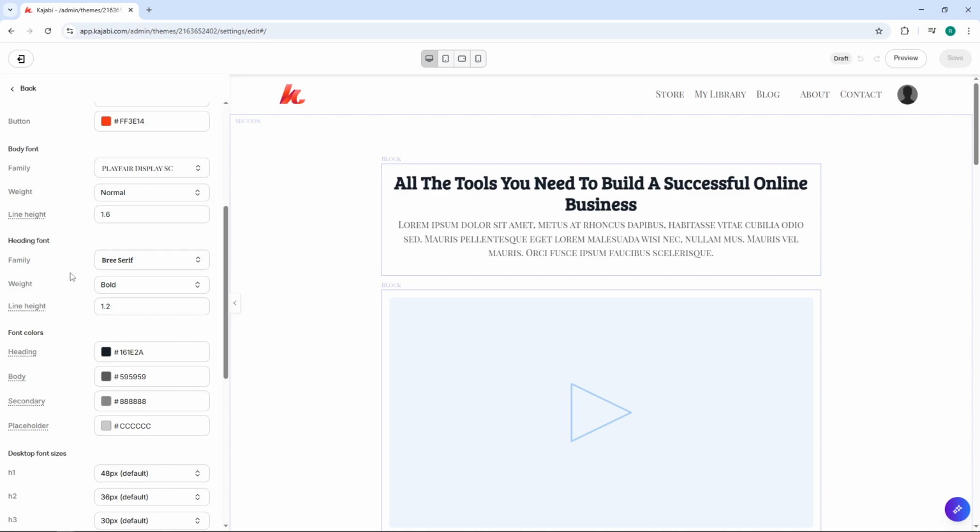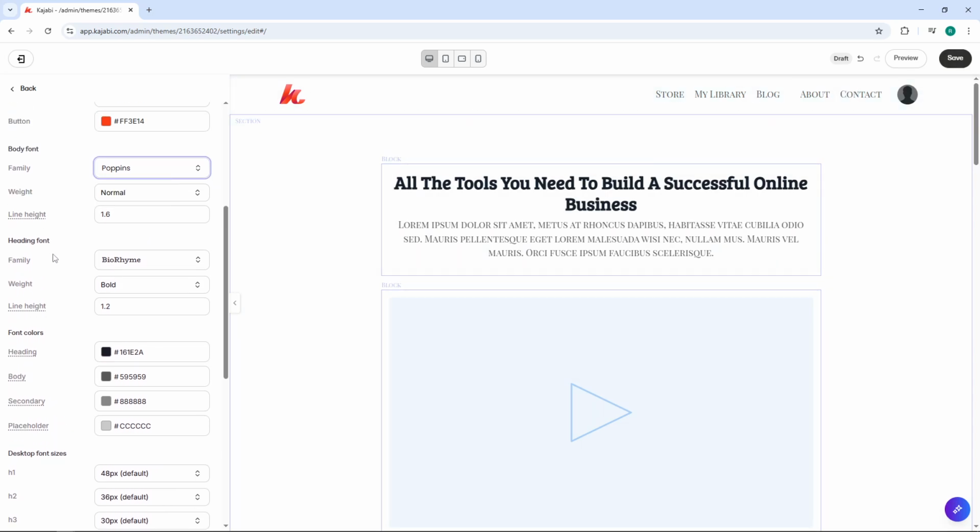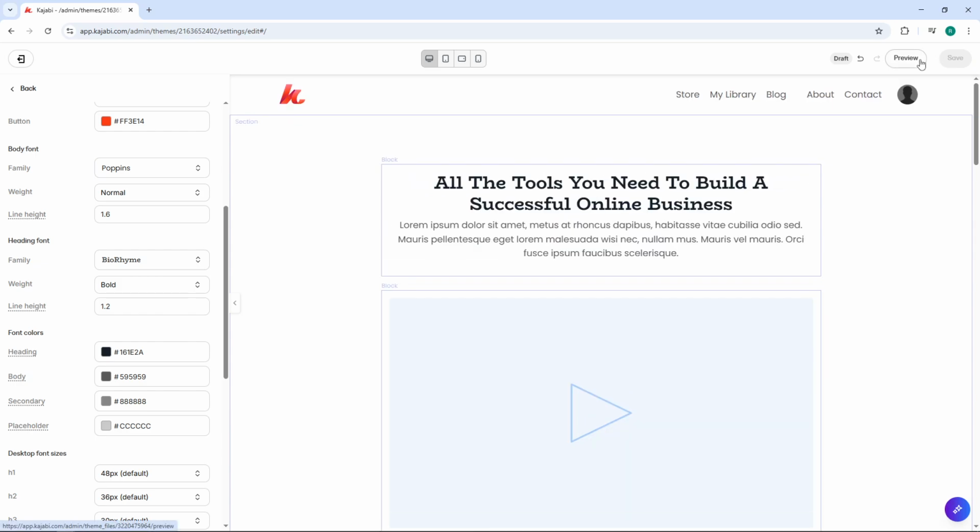Under each of these options, you'll see a selector field labeled Family. This is where you can view and change the font for both your heading content and body content. Simply click on the drop-down to browse through the available font options and select the one that best matches your brand's aesthetic. Once you've selected your desired fonts for both headings and body text, click on Save to apply the changes. Your landing page will now reflect the new fonts, giving it a polished and cohesive look that resonates with your